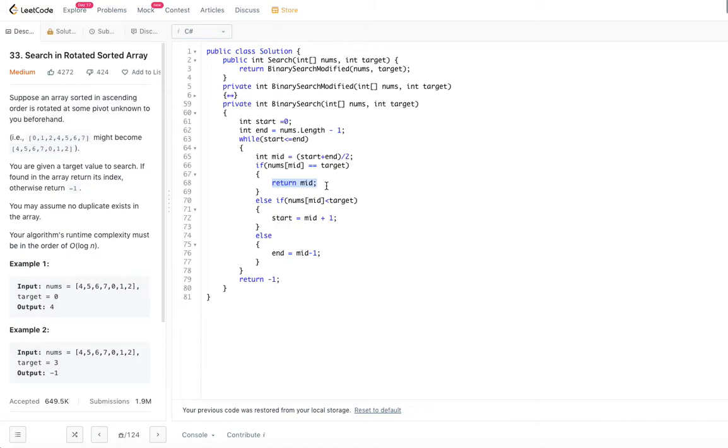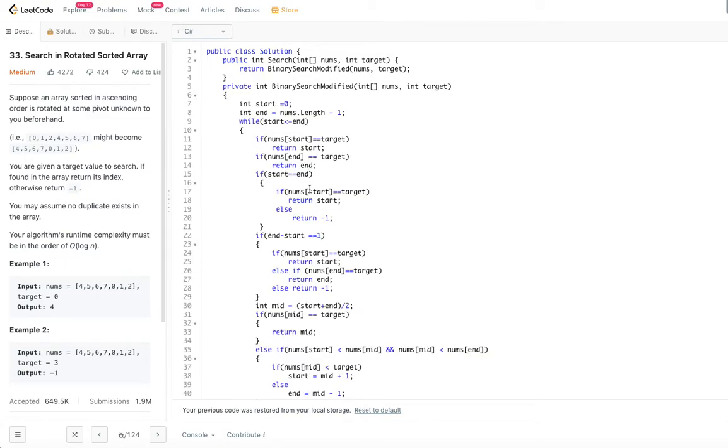So we are going to use exactly the similar logic. The only difference is we know that the array is rotated, right? Like this rotated. So we cannot use this while loop as it is, or these two specifically. So we can use this as it is, because if it is equal to target, we return it. But these two, we cannot use them as it is. So we need a slight modification for these two things. That's it. So that is the modification we are going to do in the binary search modified. Let's go ahead and look at that binary search modified now.